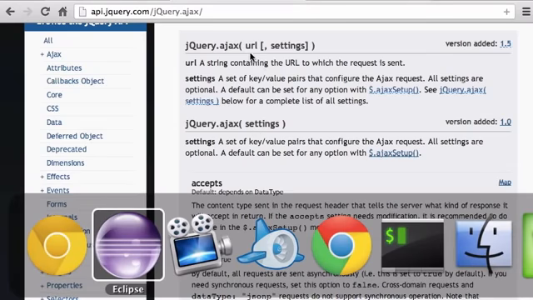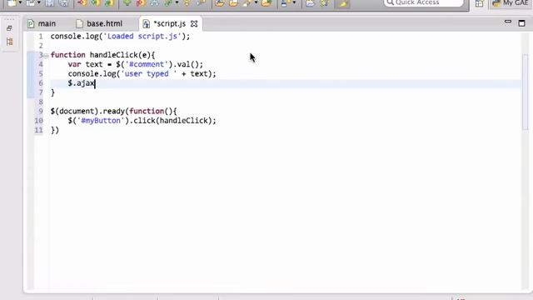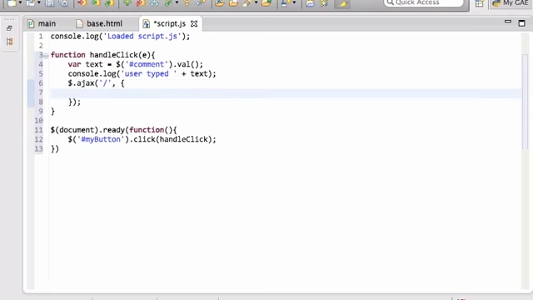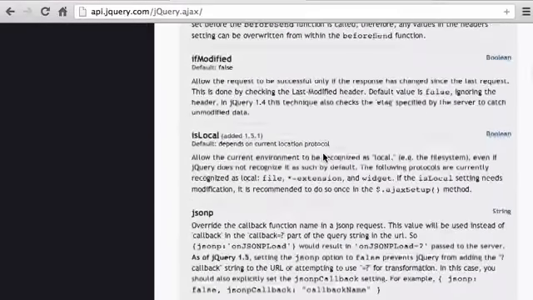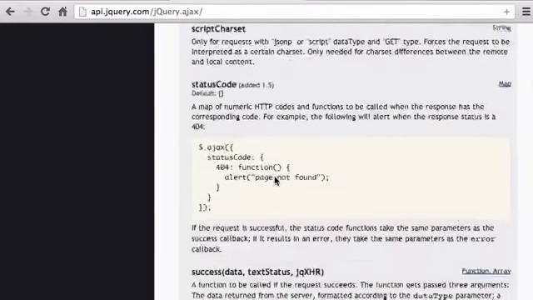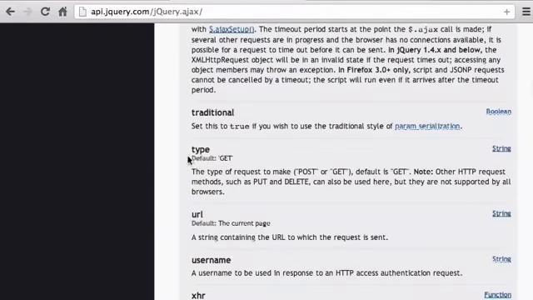So the first one is the URL that we want to send our Ajax request to. So remember, an Ajax request is just going to be a get or a put or a delete or update. So we're going to need a JSON object here, like that. And I'm going to go to the slash, and my method is post. The way jQuery uses the key of